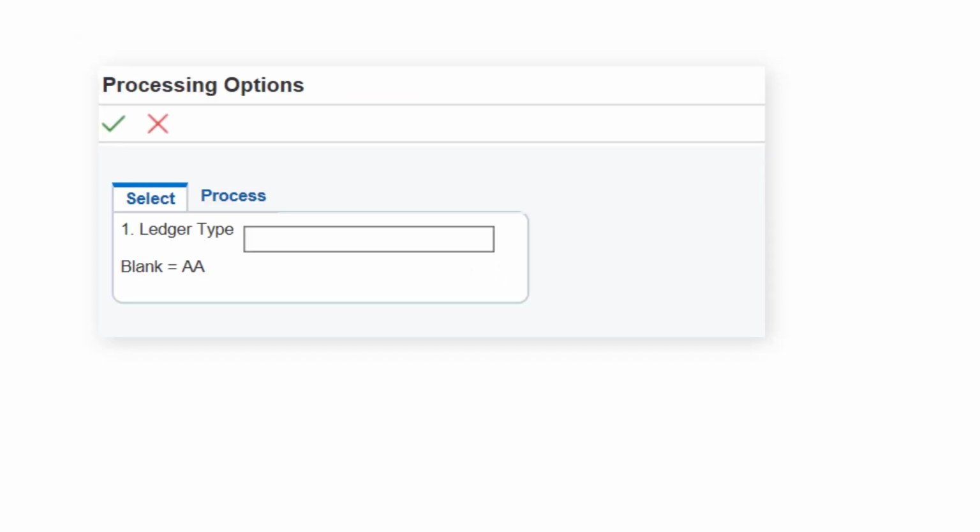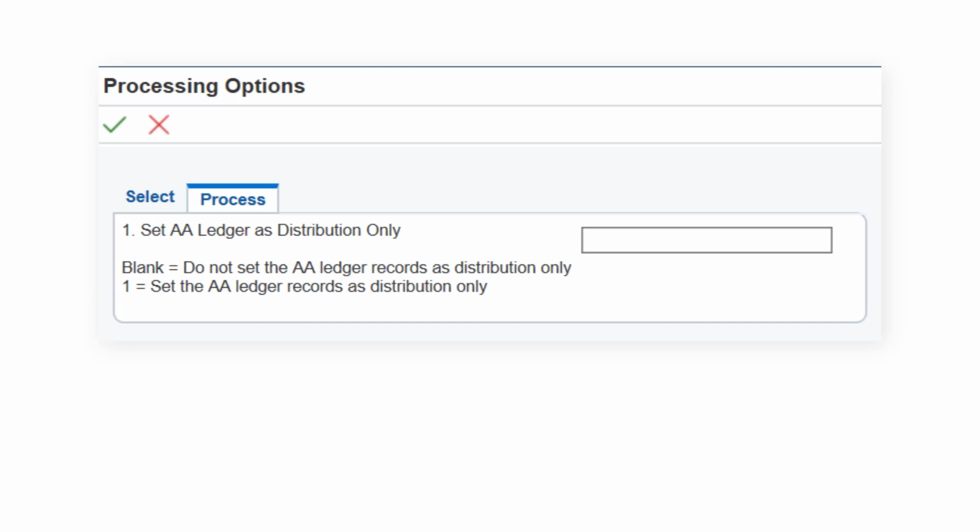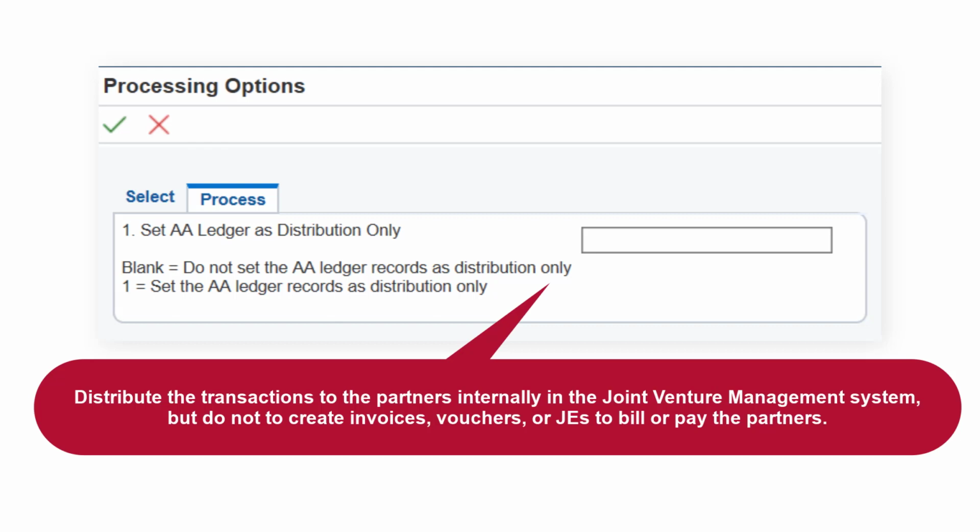The Select tab includes a processing option to determine which ledger type to distribute. You can include the transactions of any ledger in the joint venture management system. The Process tab includes a processing option that enables you to set all AA ledger transactions that the system processes as distribution only transactions. You will use this processing option only if you want to distribute the transactions to the